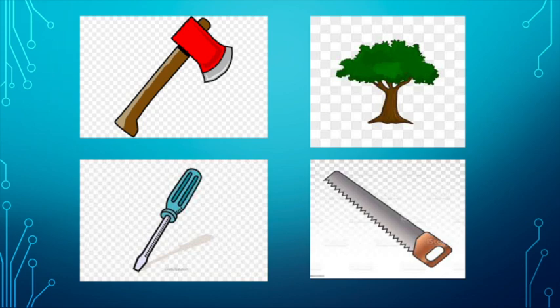But we think that way because our brains have been structured to think categorically. Someone from an oral culture would look at these pictures, and in general, they would categorize the screwdriver as the thing that is not like the other, because both the axe and the saw can be applied to the tree. So oral thinking tends to be relational.